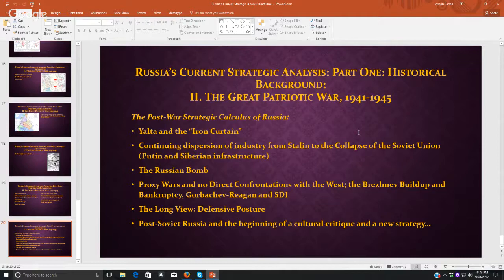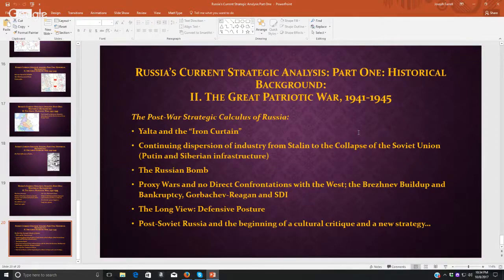And whatever you have to say about him as a man, as a calculator, Stalin was a master, because he projected the image of strength of the Red Army to the West. This was his one bargaining chip in terms of Russia's stature as a great power at these post-war conferences. And what he's carefully disguising from the West is the massive extent of damage to Russian industry and infrastructure in